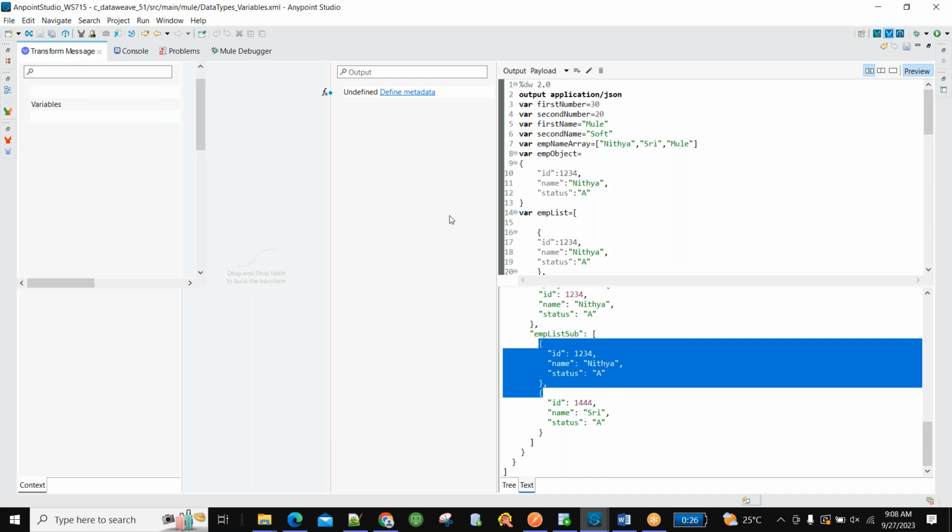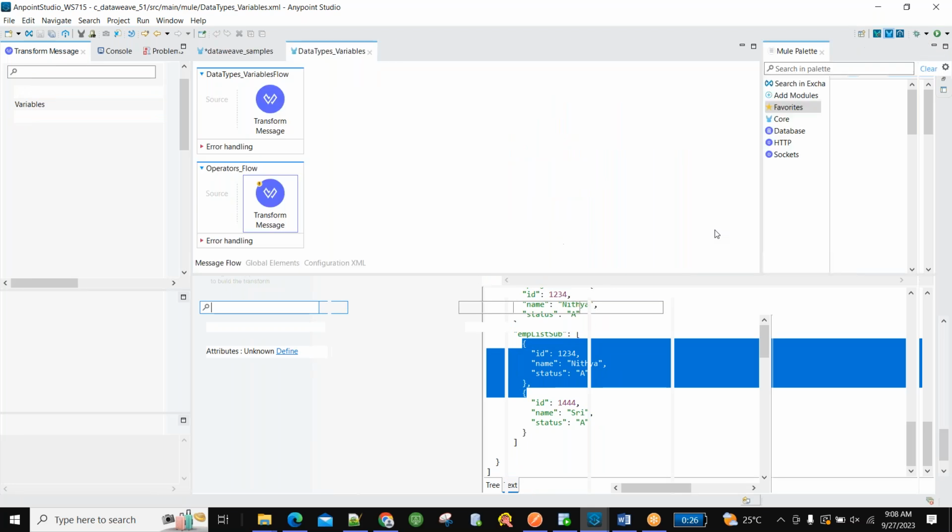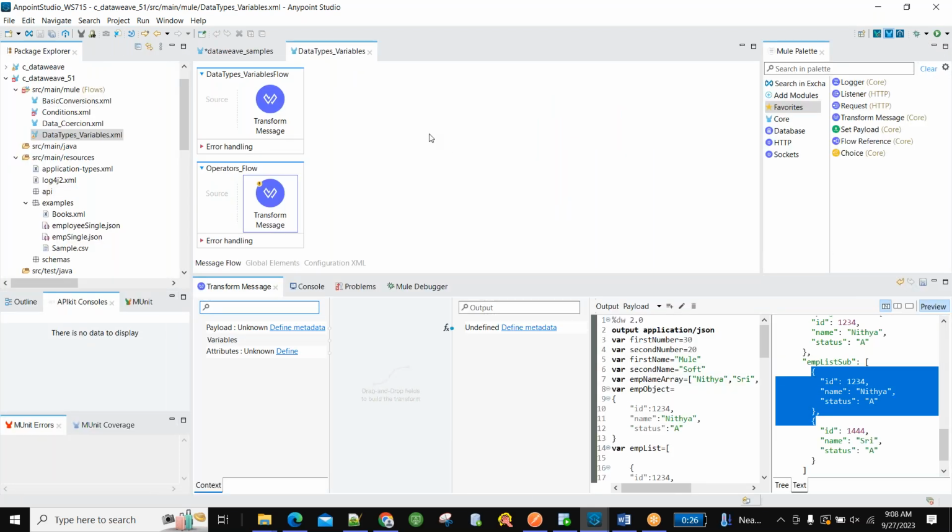Hope you guys have understood without any confusion. Shall I take that? This workspace I will share with you. Whatever is related to DataWeave I will share with you. And whatever examples I have taken, those examples are here. You need not worry about that. Concentrate on understanding the concept. Right? So any doubts in these variables? You guys are okay?